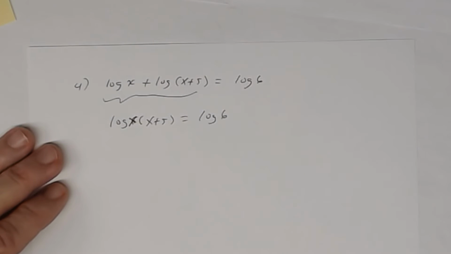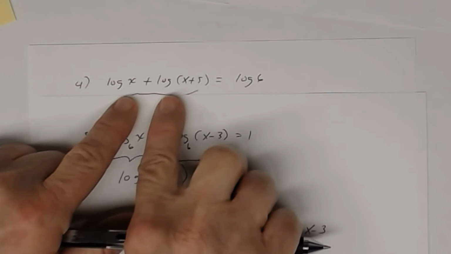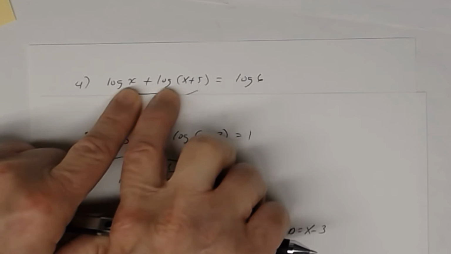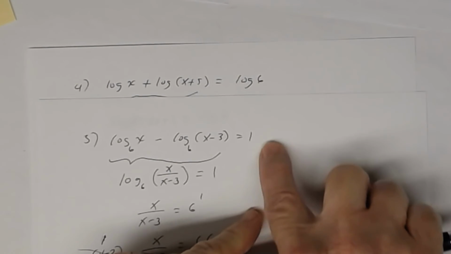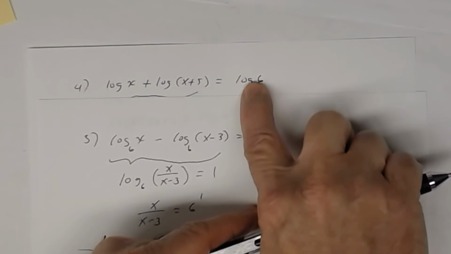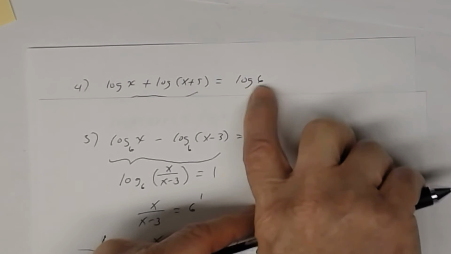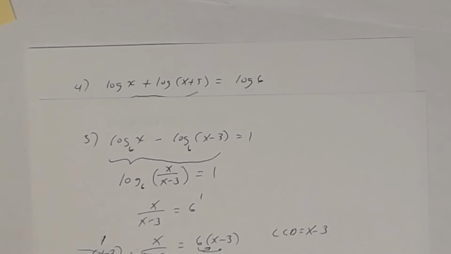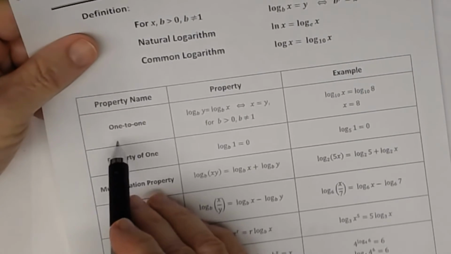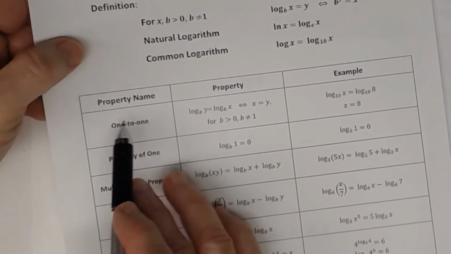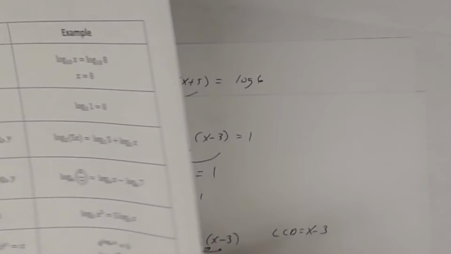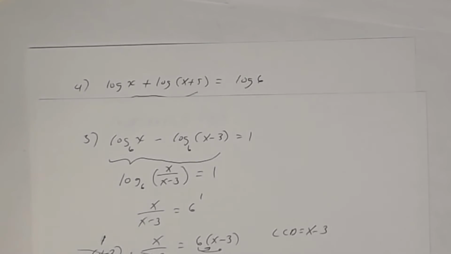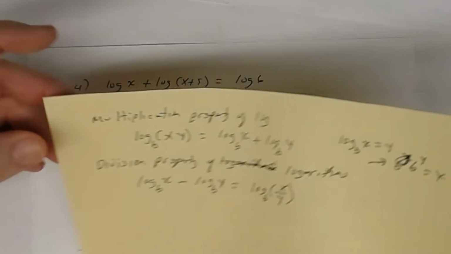Now notice that in the previous three problems, on the left side, you had log terms. See that? On the right side, on the previous 3, you did not have a log term. This one did. This one does. All right. So now what we're going to do is we're going to use this one-to-one property. So one of the properties you learned in the lessons was this one-to-one property. So the one-to-one property says this now. So let's go ahead and write that down. So the one-to-one property,